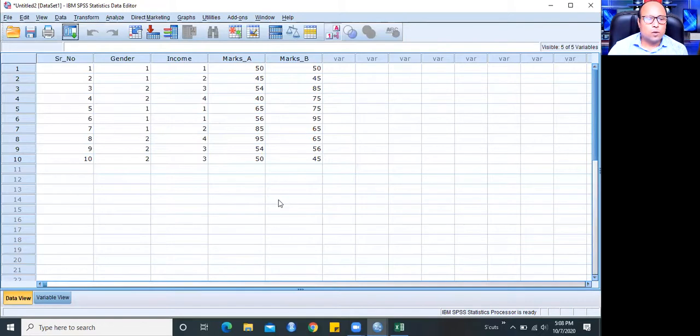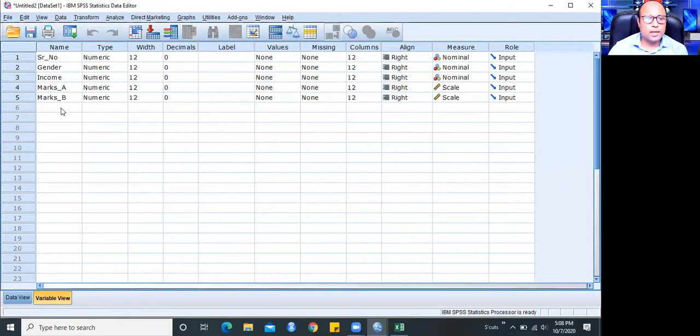Now, look at this column. All your data are already available here. So we have imported all the data, and if you go to Variable View, your first row names are converted into variables, all numeric data. Now you can create a label. So for me, the first, serial number, was respondent number.